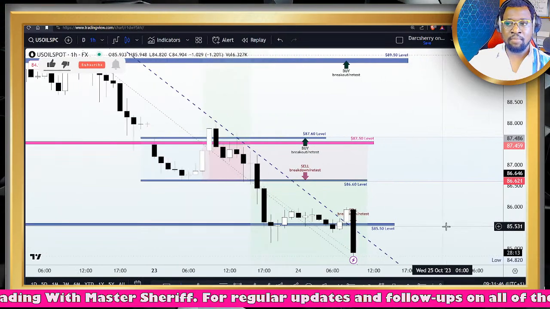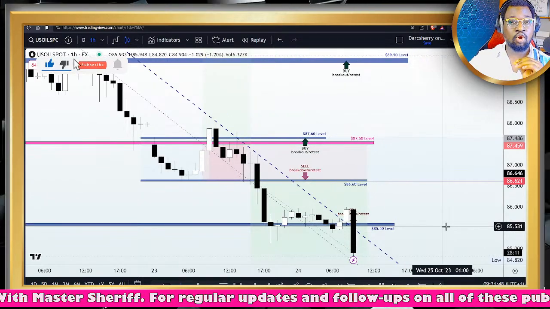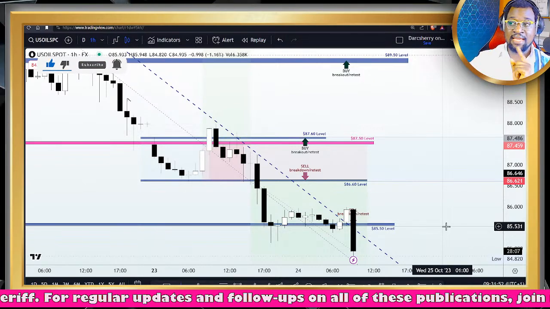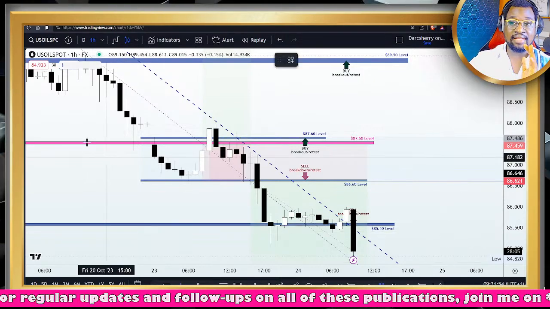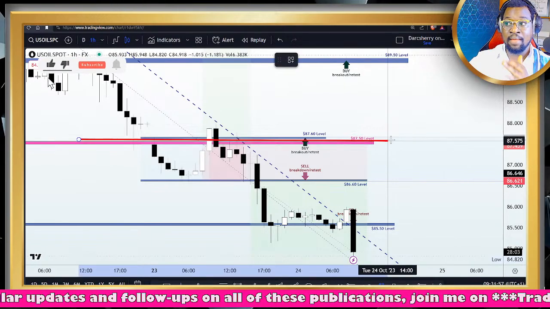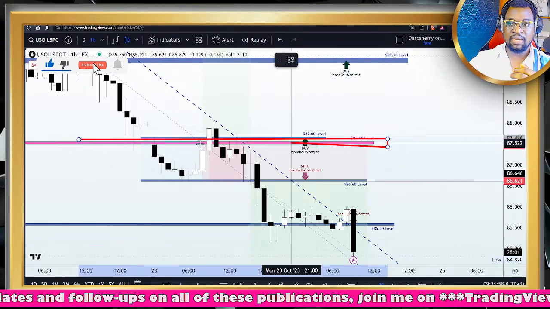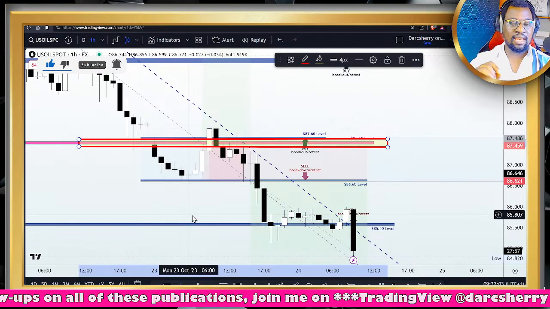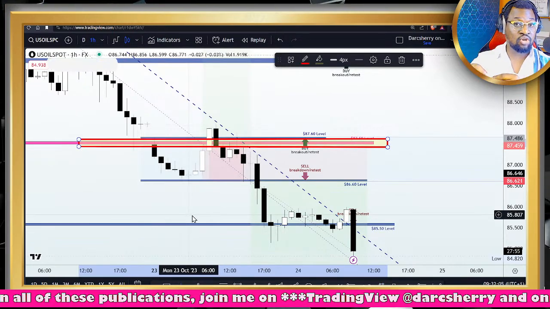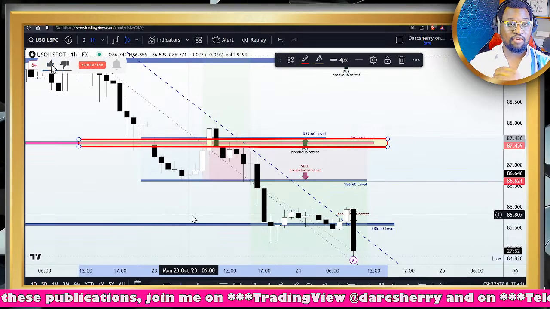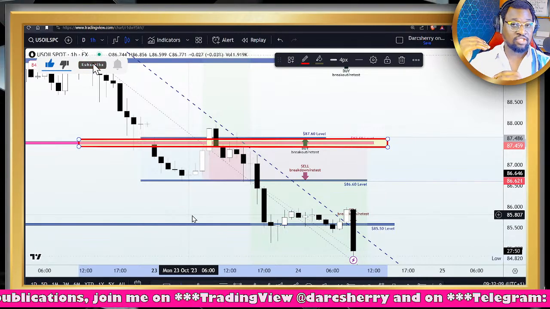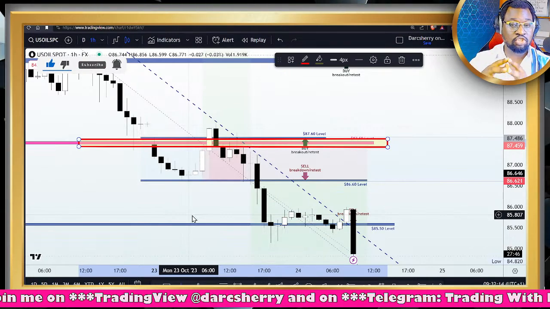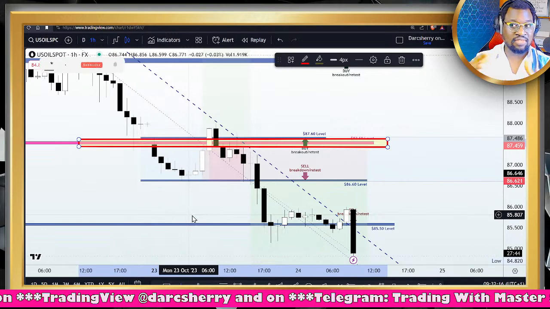Now, yesterday morning, while we were trying to dissect the current market structure, remember we were able to identify a key level which is situated at the $87.50 area, which of course is how we use our key level in this community. As long as price remains above the key level, we want to be looking out for market conditions that support the idea of buying that asset. And if price drops below the key level, we definitely want to be looking out for patterns and structures that support the idea of selling.